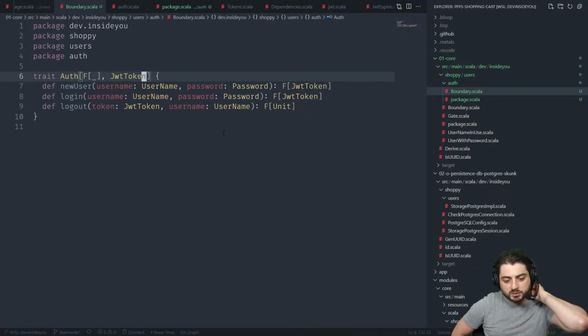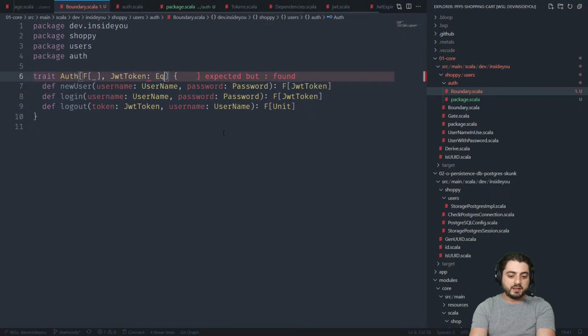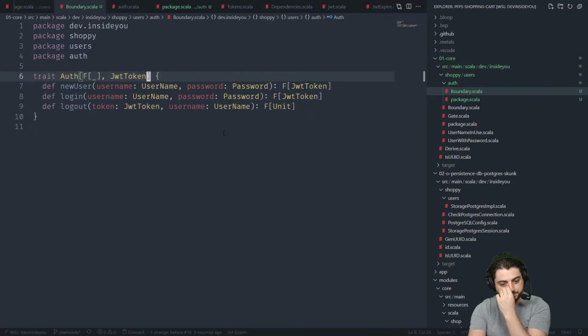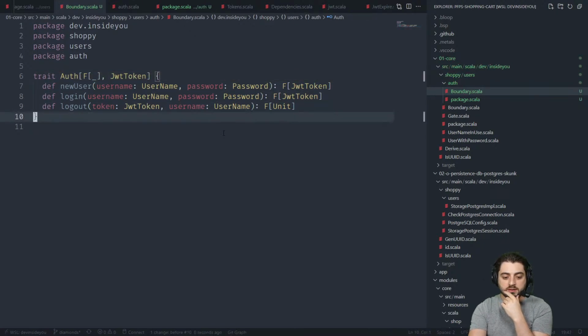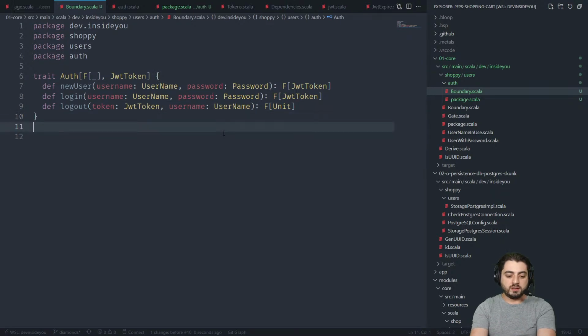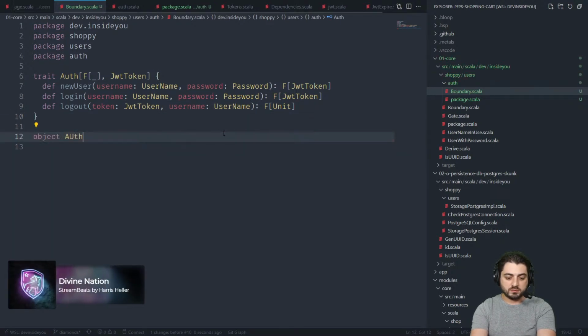So instead of copy pasting case classes, let's see how far we can get with this, because in the end we probably are going to need something like this, and maybe show in our implementation, and that's going to be enough. Okay, so this is our authentication, and we're going to go with the implementation, right? And remember, in the end we want to